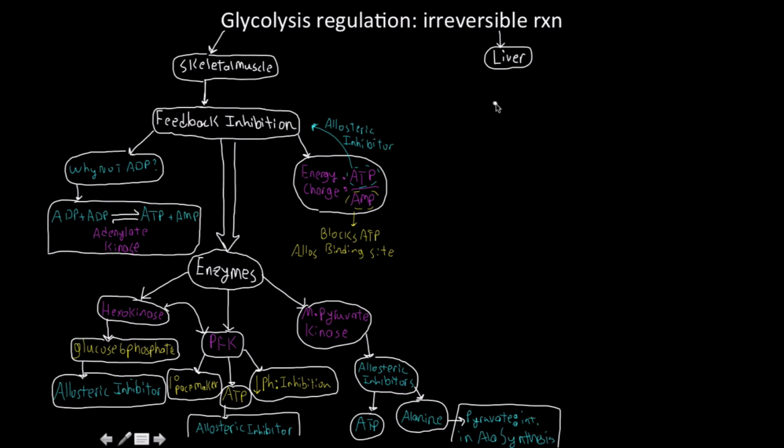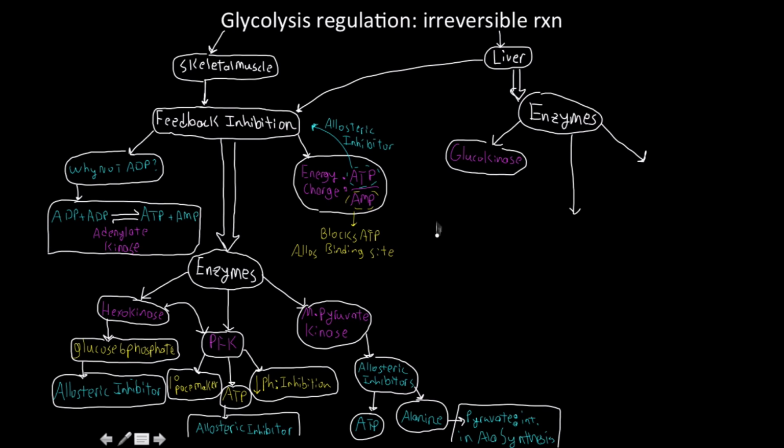Now I'm just going to talk about the liver, and the liver does to some extent also play a role with feedback inhibition. I'm not going to say that that's something strictly related to skeletal muscle, but the thing with the liver is it has such a constant supply of blood and things moving in and out that I almost want to think of the liver, chemically speaking, as like an open system, whereas skeletal muscle is kind of like a closed system. So the enzyme involved, basically the hexokinase of the liver, is called glucokinase,